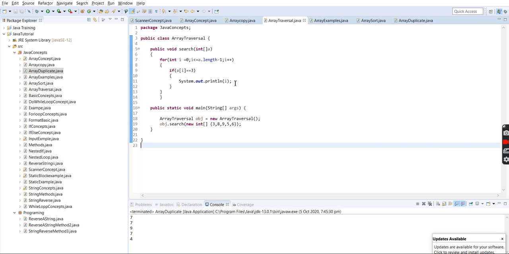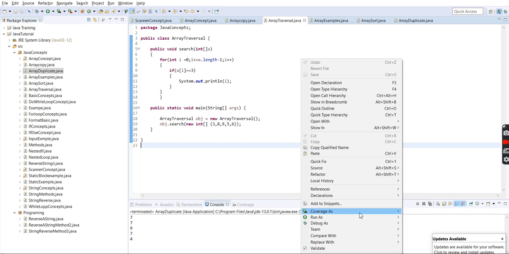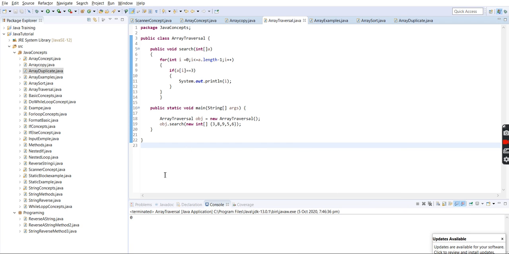If it matches with 3, it will print the I, the index of that 3. We'll see. So, zeroth index.